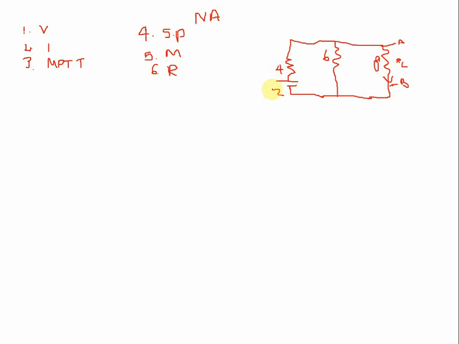If you know Kirchhoff's voltage law, there is a loop 1 and a loop 2. For loop 1 you write equation number 1, for loop 2 you write equation number 2. Then simplify these two to get I1 and I2. I2 is where the load resistance is, independent, not a common intersecting branch. So the load current IL is nothing but I2.